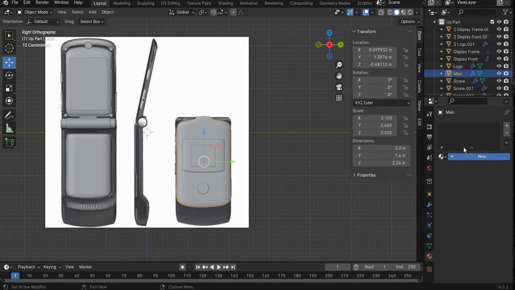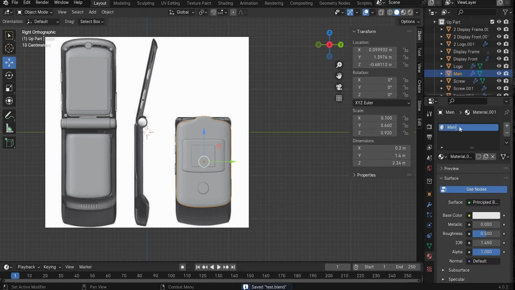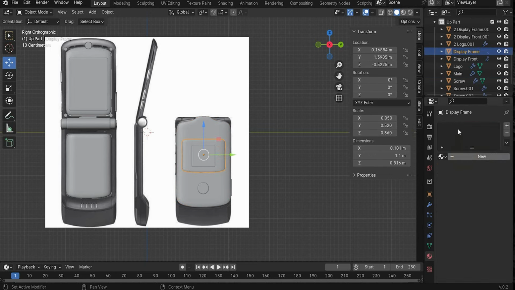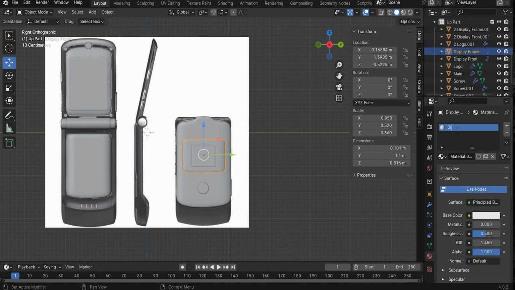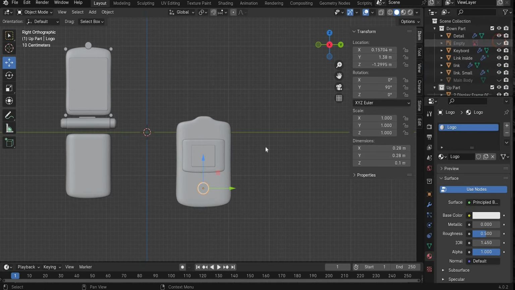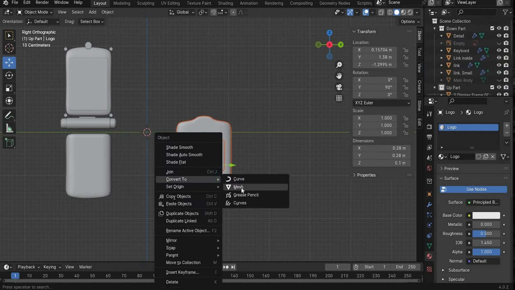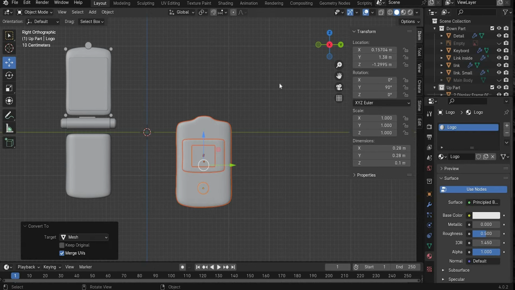create a new material, rename it to main, then select this one, create a new material, rename it to display frame. Select this one, create a new material and rename it to display and select the logo, create a new material and rename it to logo. Now make the image invisible, select this whole part here, convert it first to mesh that the modifier get applied